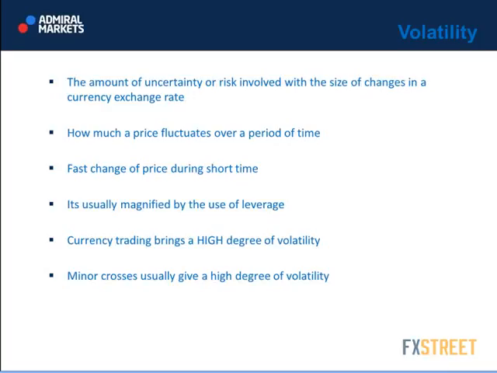If there is no volatility, we can still try to trade, but our targets are lowered, our stop losses are also lowered, and mostly the price will range. So it usually comes down to some sort of range trading. I already talked about it. When there is high volatility, it's actually easier to trade than when there is very low volatility. The best definition of volatility is how much a price fluctuates over a period of time. So volatility is price fluctuation over a period of time.